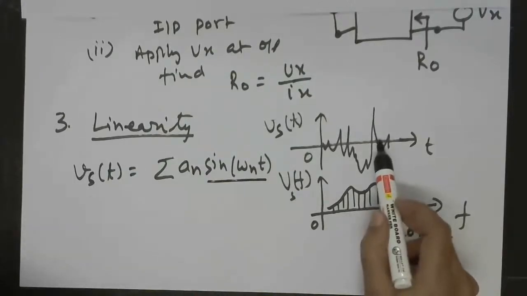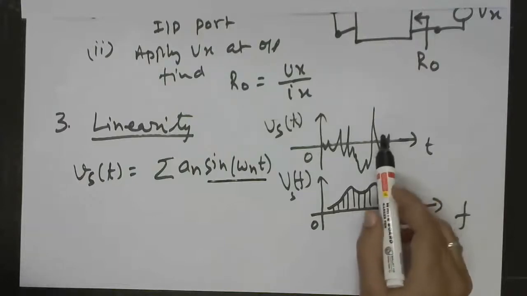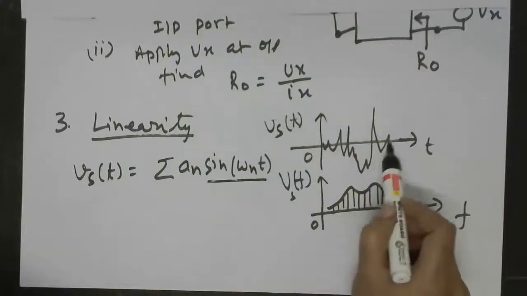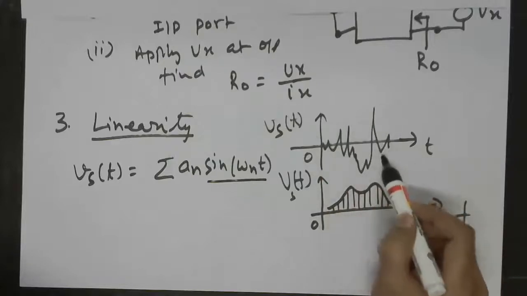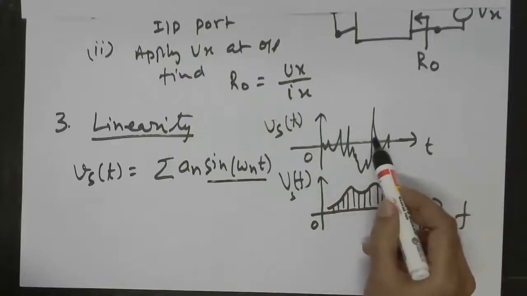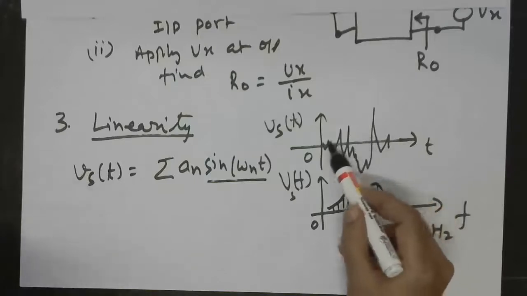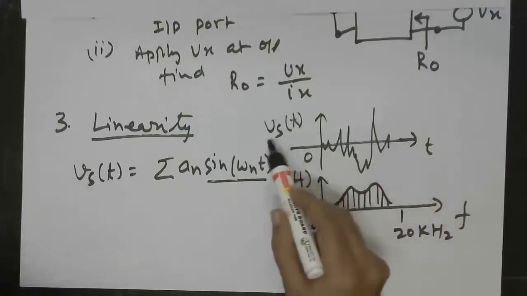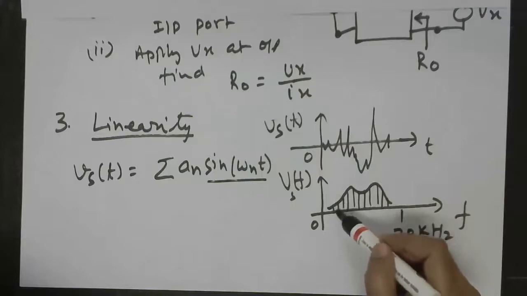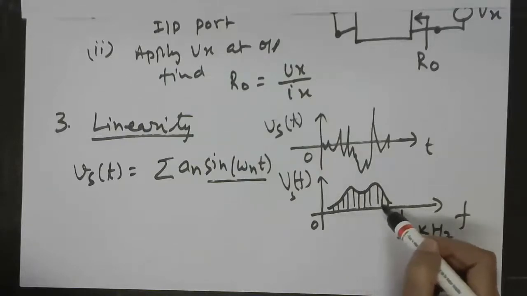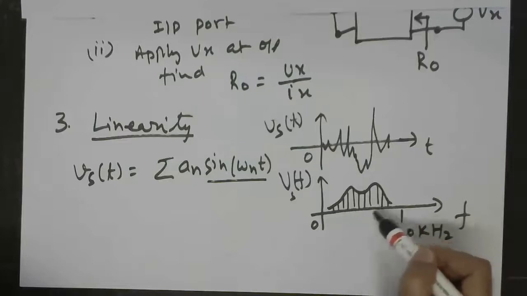So the feel that you will get after hearing this voice message from the speaker is actually determined by the shape or the message that you will get. Every word, every sentence has its own shape in the form of Vs, and that shape reflects the various amplitudes of the frequency components that will be present.